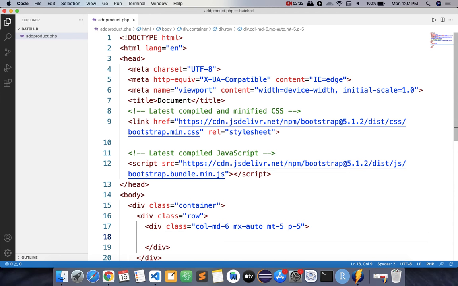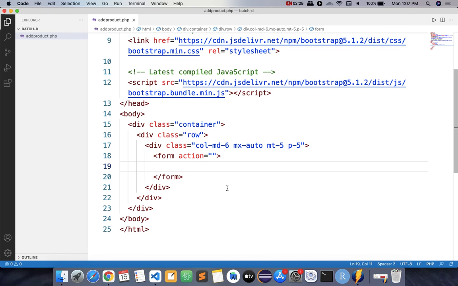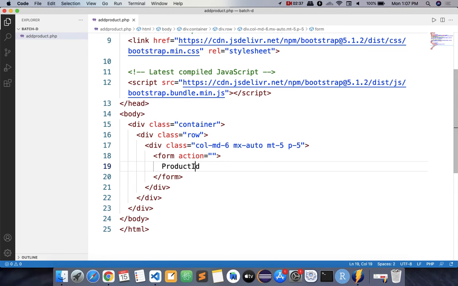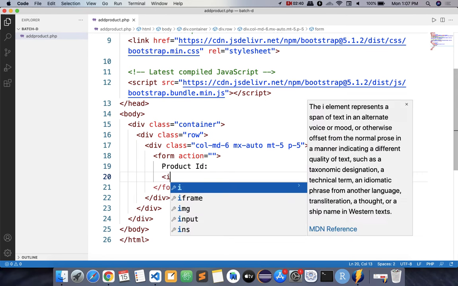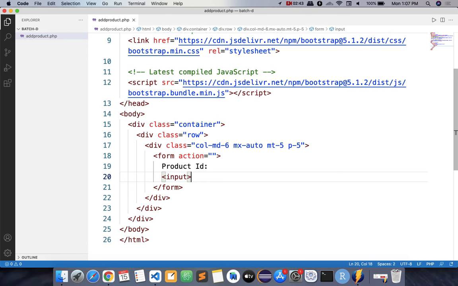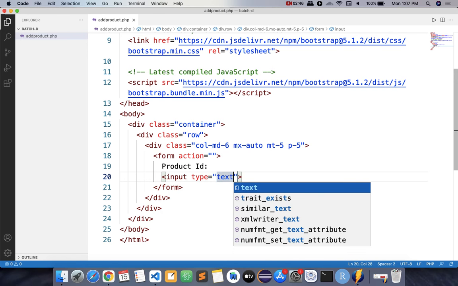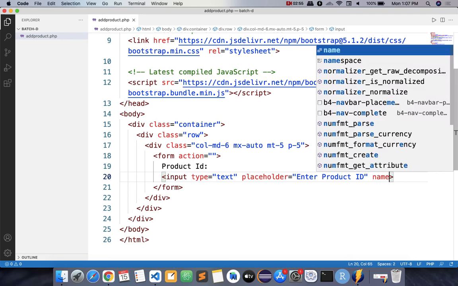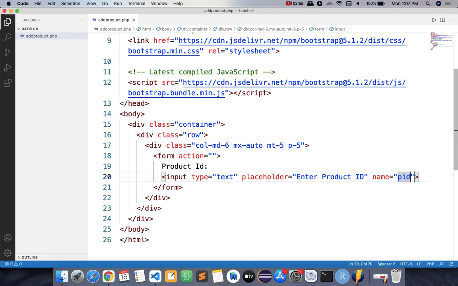Okay. And then we need one form. Inside this form we want to create one field, for example, add product, right? So I'll add a label, product ID. Here the user will enter the product ID. Input, we want to take the input, so the input tag. Its type must be text. Placeholder, enter product ID, and one variable name. So this is pid. Okay, pid is for the product ID. Done. And then the Bootstrap class. Which class do we use? form-control.